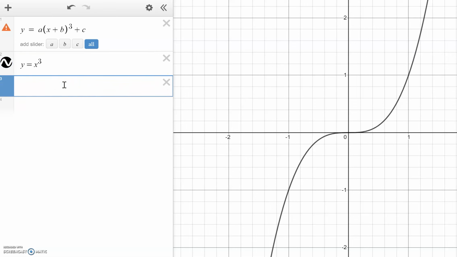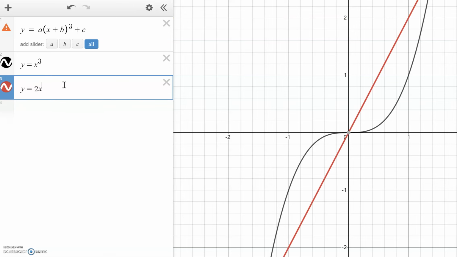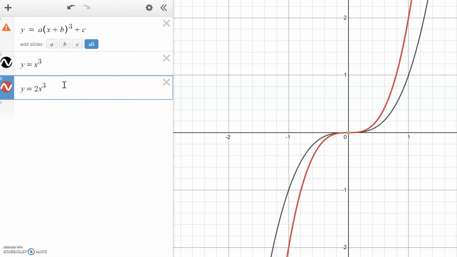And like a parabola, the a can make it skinnier or fatter as well. So for a parabola, if we did y equals 2x cubed, we would expect that parabola to become a lot steeper. And we can see that with the red parabola compared to the black parabola. Because it's 2x cubed, the rate is going up at a bit of a faster rate compared to the x squared. And conversely, if we did it as a fraction, let's say 0.5 or a half,